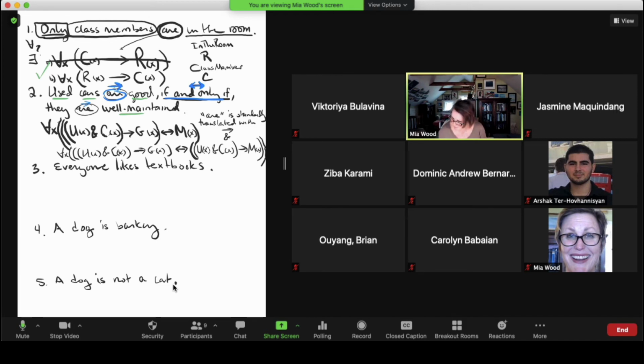Because remember, the thing that's the same in each one of these cases is the variable. It's covered by the universal. So you don't need to reiterate the thing being a used car. It's already asserted. Okay, so Jasmine, I'm getting it, but for things that are used and things that are cars, can you... oh, great question, Jasmine. Okay, so